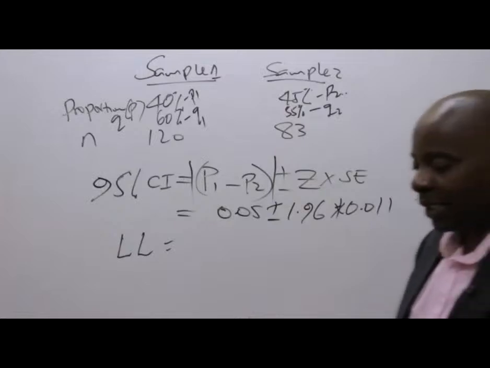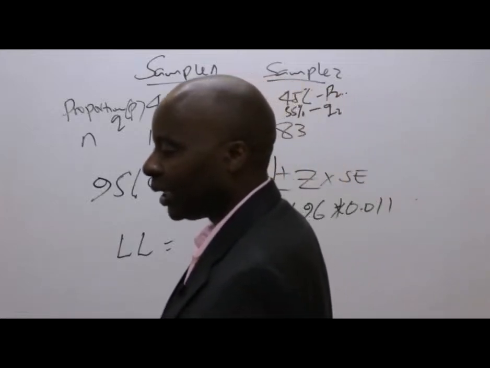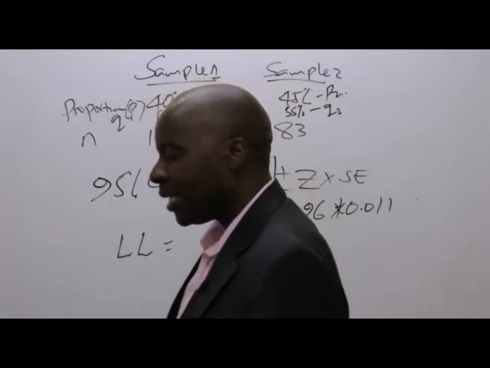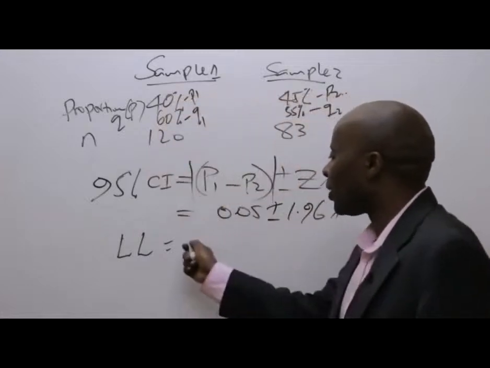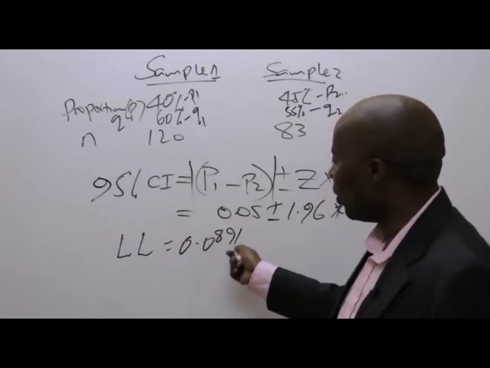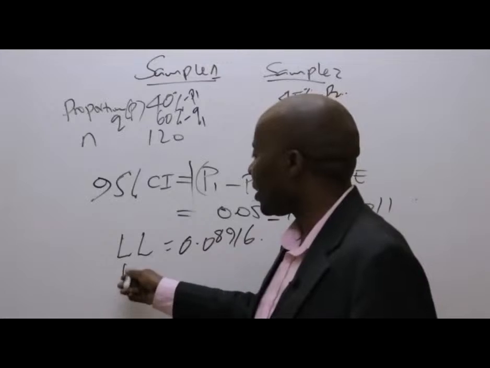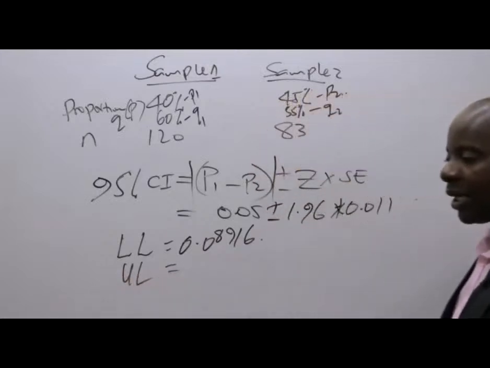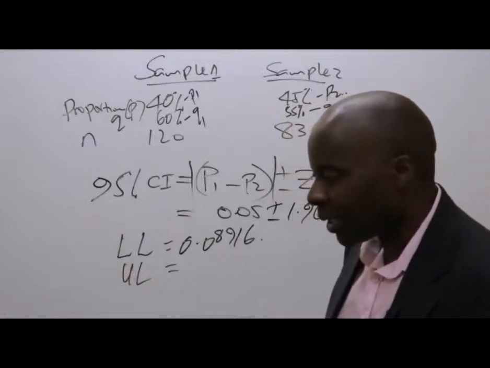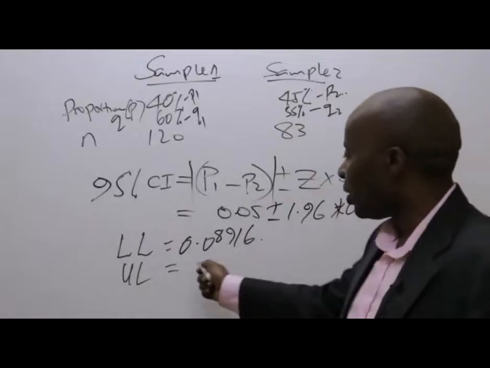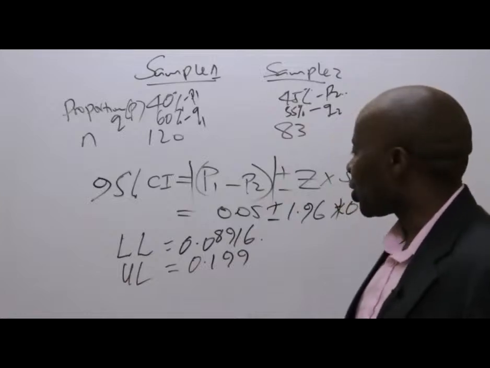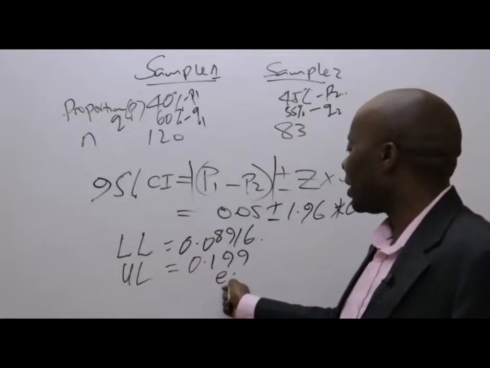So the lower limit, ladies and gentlemen, at the end of the day will give us what figure for the lower limit. Lokai gives me a lower limit of 0.0816. How about the upper limit? Upper limit I'm being given, it is 0.199. So in short, our difference,